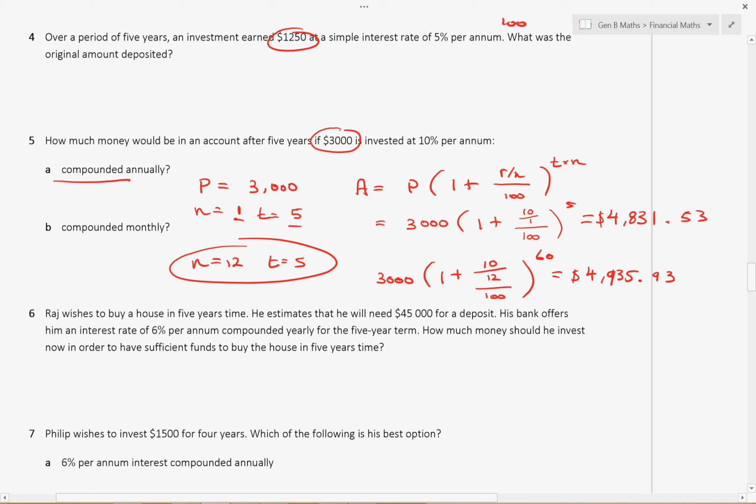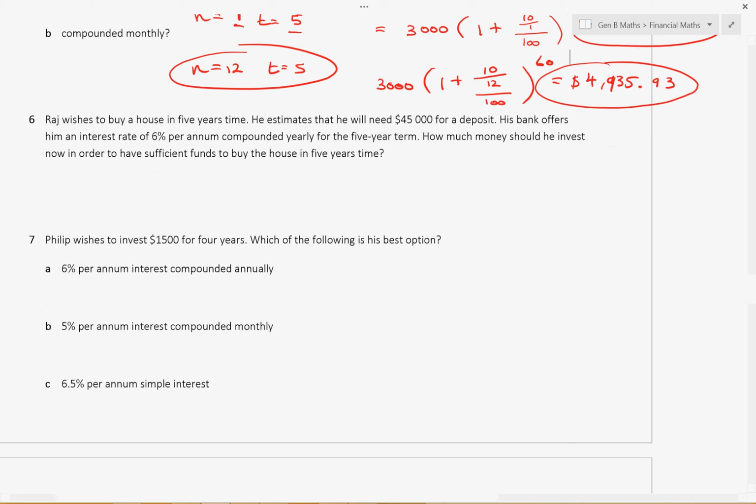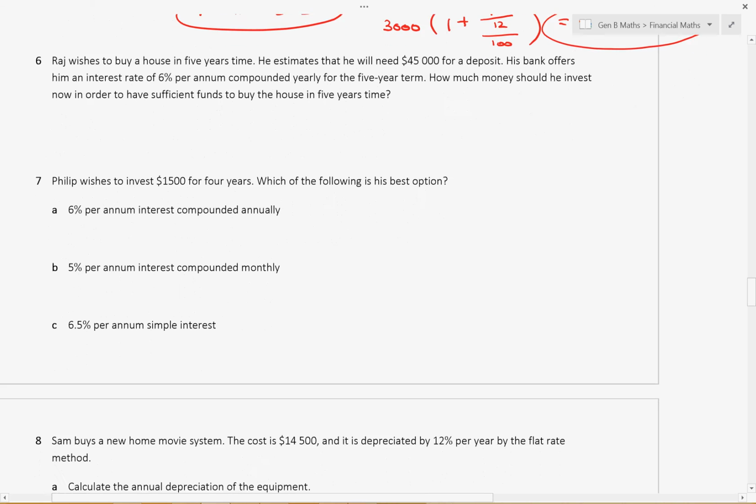93 cents. Okay, can you see there that compounding monthly pays a little bit more, doesn't it? Can you see there that is more than that? So it actually makes a significant difference when it's compounded monthly. All right, I'm going to skip question 6 for the time being, but I am going to go through question